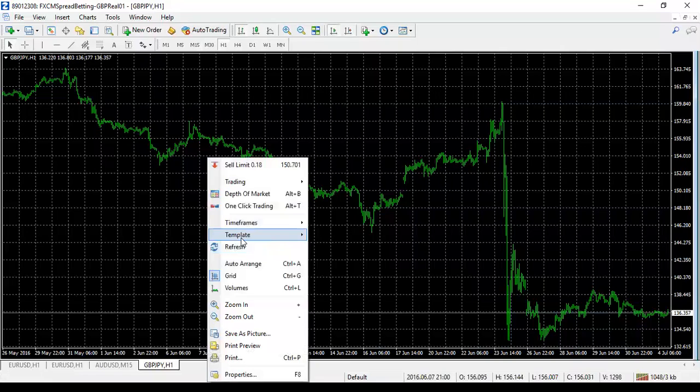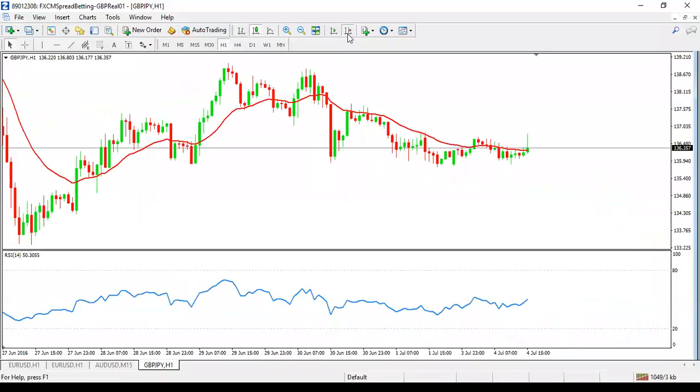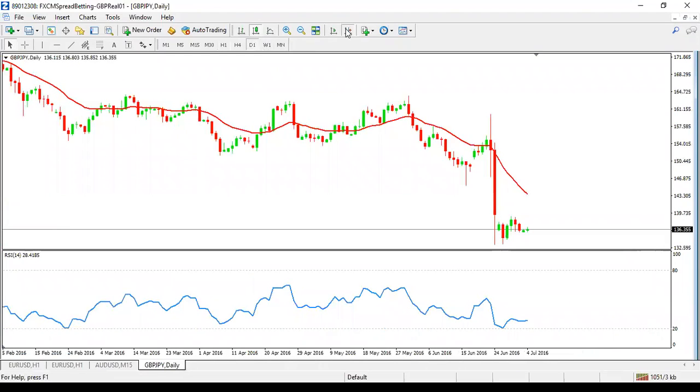So get a blank chart, come to my hourly, RSI, see where it's at. Again, for me, no real, I mean, you can look in the daily. Yeah, I'd stay out of that. There's nothing real confirming to me where that's going to go. Personally,